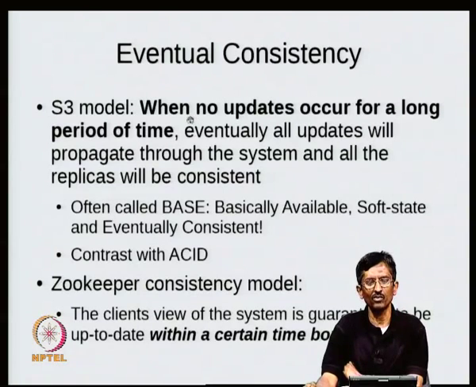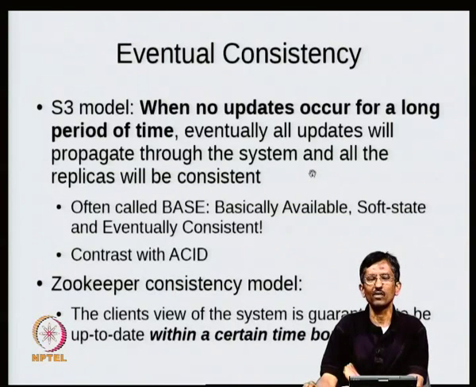Now this of course is a problematic thing, and so essentially it is very closely connected to the kind of system you are thinking about. It could be a wide area network system, it could be a local area network, and this long period of time depends on that particular aspect. Actually, ideally this long period of time should be adaptive. It should be based on the current load on the system. If the load is very high, probably it should be a longer time. If the load is very light, it should be a smaller amount of time.